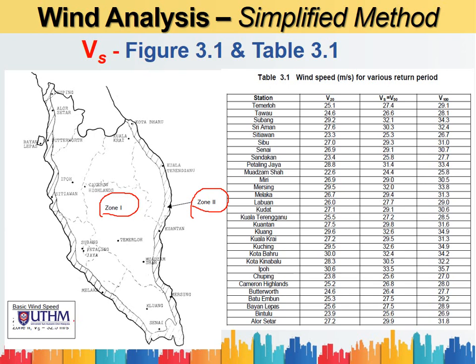For zone 1 it is 33.5 and zone 2 is 32.5. And this is the wind speed for various return periods, 20 years, 50 years and 100 years, depending on the location, the station. So this is Table 3.1